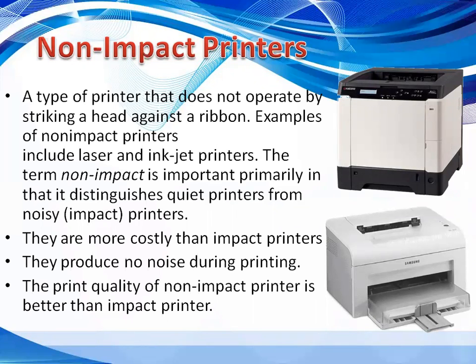If you remember that in previous lecture we discussed that impact printer works like a typewriter, and in typewriter a hammer strikes over a ribbon and you can get the impression on the page. So non-impact printers are fast printers and they use some sort of technology like spray ink, heat and pressure. Toner cartridges are used in non-impact printer to print the documents and pages. So non-impact printer produce printed images without striking the paper.